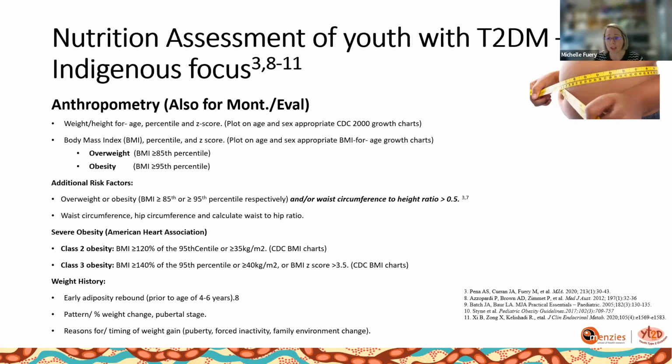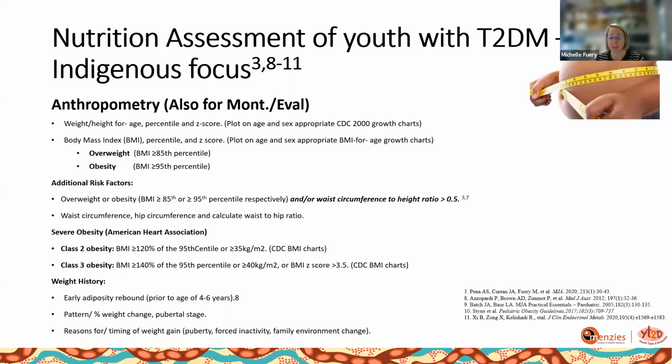Waist circumference is another adiposity measure, and it indicates abdominal fat accumulation, and it may better predict cardiovascular disease and mortality, particularly if the BMI is within a healthy weight range. And in adults, an increased waist circumference is a predictor of diabetes, hypertension, high cholesterol, and cardiovascular disease. The waist circumference is an essential component of metabolic syndrome in children and adolescents aged 10 to 16 years. And this is a definition endorsed by the International Diabetes Federation.